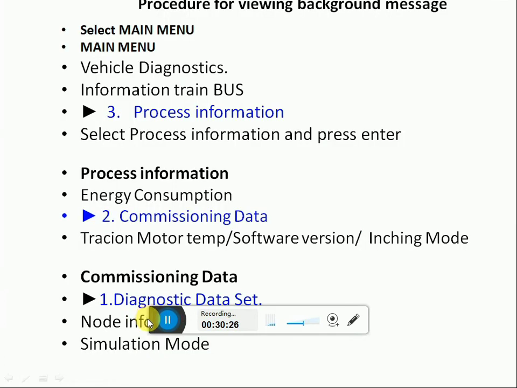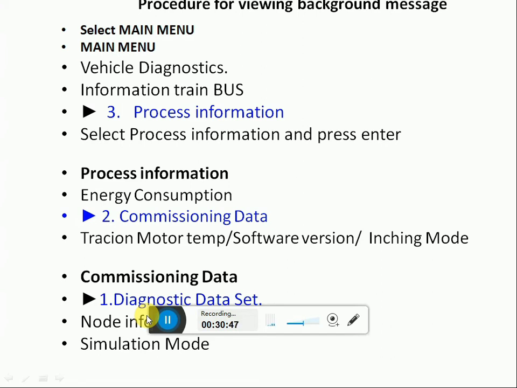Procedure for viewing background message. If you select the main menu, we'll get 3 things: vehicle diagnostic, information train bus and process information. We have to select 3. And again in process information we'll get 3 things: energy consumption, commissioning data and traction motor temperature, software, inching mode.